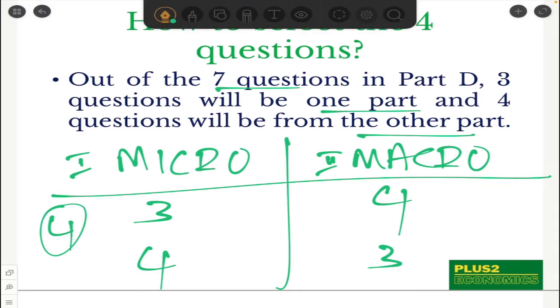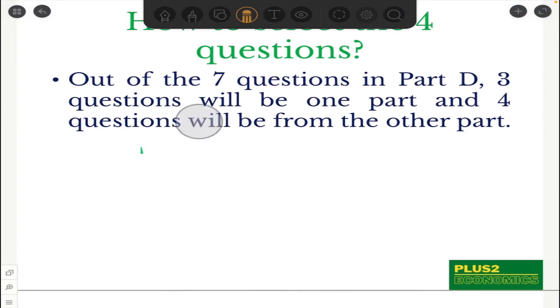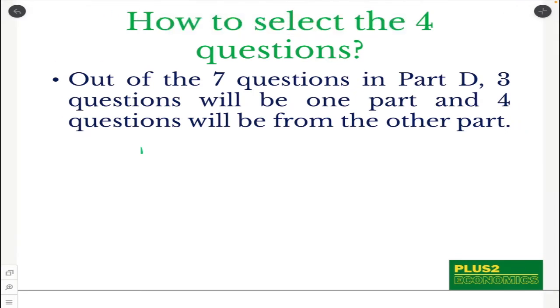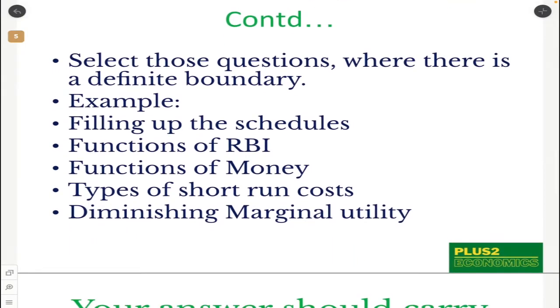So how do we select the right kind of questions? That is something which we have to understand and which we should be clear about. Please make sure that you are clear about what exactly you are looking for from this main. Our objective is to select 4 questions, answer them extremely well, get 6 marks for all the questions that you answer, and make sure that you get 24 marks. That is very important. So let us see the things that we have to remember.